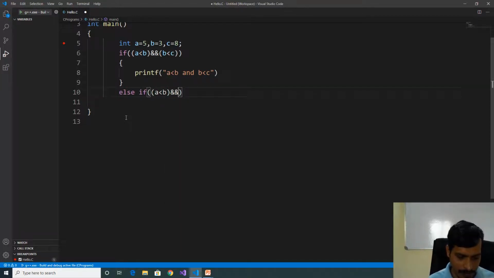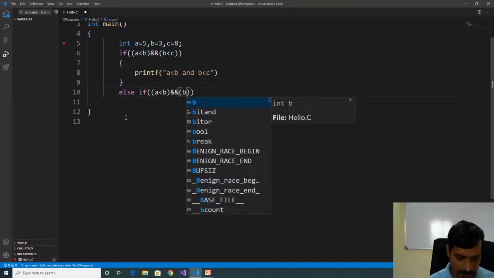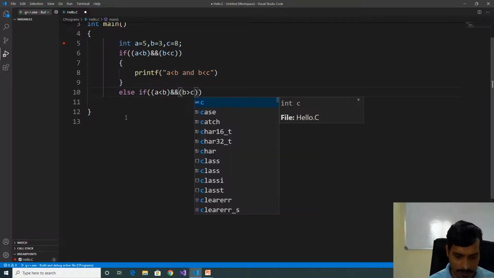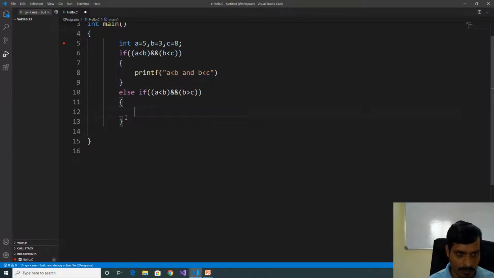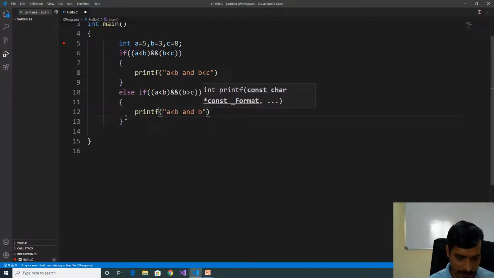if a less than b and b greater than c, printf a less than b and b greater than c.